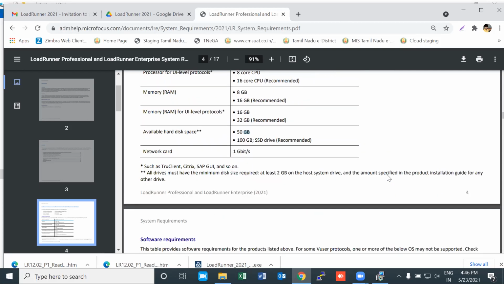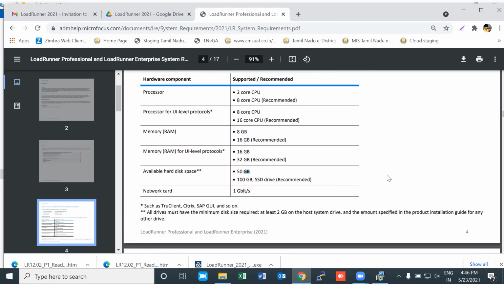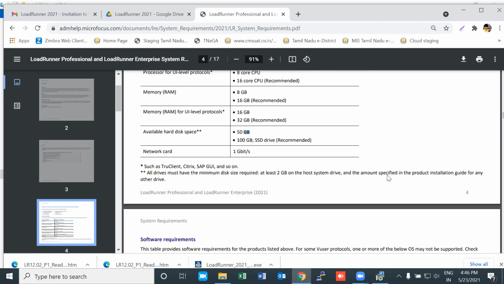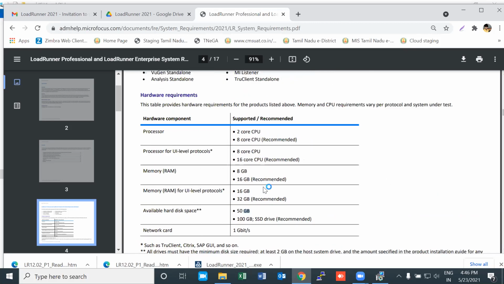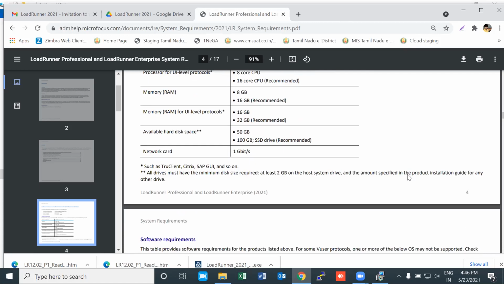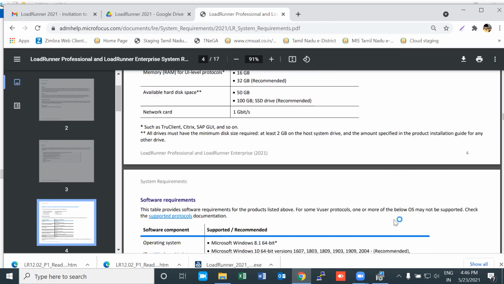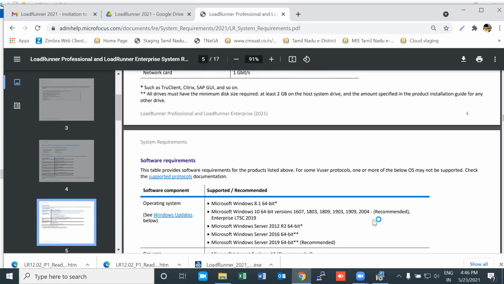Now, how about software requirements? Meaning which operating system does it support? If you see here, these are the software requirements. In the next page, you have that. Can you go to the next page, please? Yeah. So here, the operating system should be Windows 8 and above, right?